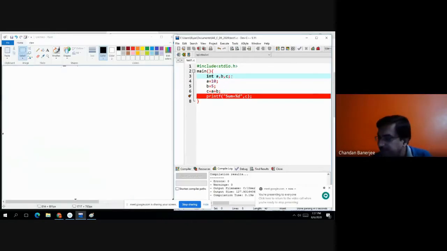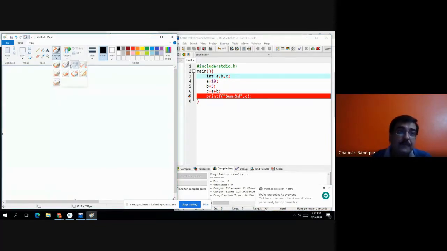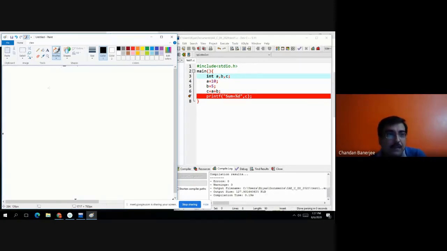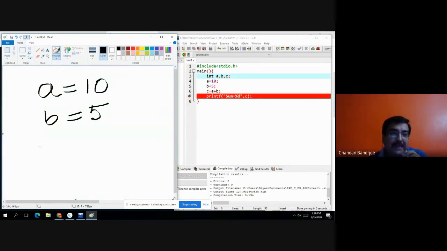ওকে, ফাইন, ভেরি বেসিক, বাট এটা দিয়ে আমি একটু ট্রিকি ওয়েতে যাব। First, suppose A equals to 10, B equals to 5. Now swap or interchange the value of A and B. So after execution of few statements, value of A will be 5 and value of B will be 10. This is our motto, this is our target.